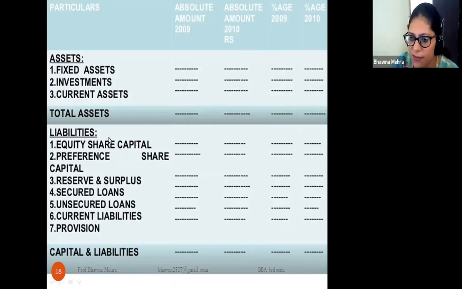Now let us come to the liabilities. There are equity share capital, preference share capital, reserves and surplus, secured loans, unsecured loans, current liabilities, and provisions, and at the last we have to calculate the total capital and liabilities. So this is all about the pro forma of the